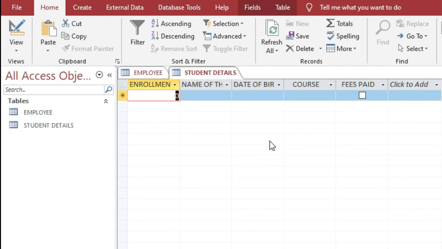So the table will look similar to this figure. Now we can enter data one by one as already we have entered. So I am entering the data for a couple of students, then press the tab key.